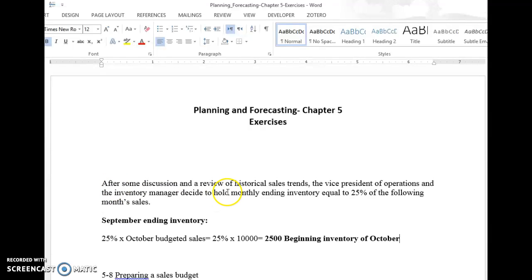After some discussion and a review of historical sales trends, the Vice President of Operations and the Inventory Manager decide to hold monthly ending inventory equal to 25% of the following month's sales. Ladies, this is very important information. 25% of the following month's sales, which means